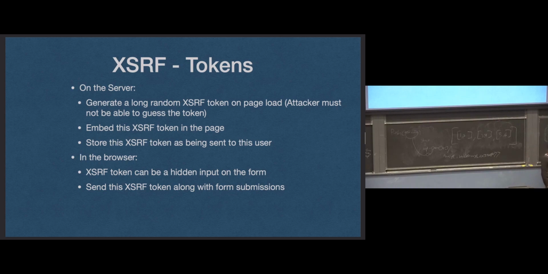So when you serve up the HTML for a user, that HTML is going to have a random token, and you should aim for your 80 bits of entropy at least for these tokens. Generate a random token for them, embed that token in the HTML that you send to that user, and this is authenticated users only, and then store in the database that token and say, this is a cross-site request forgery token that I issued to this particular user. You want to associate it with a particular user. And then whenever you get a request,